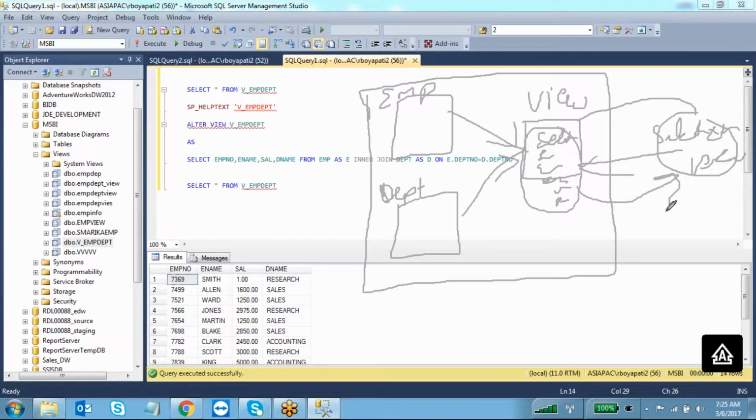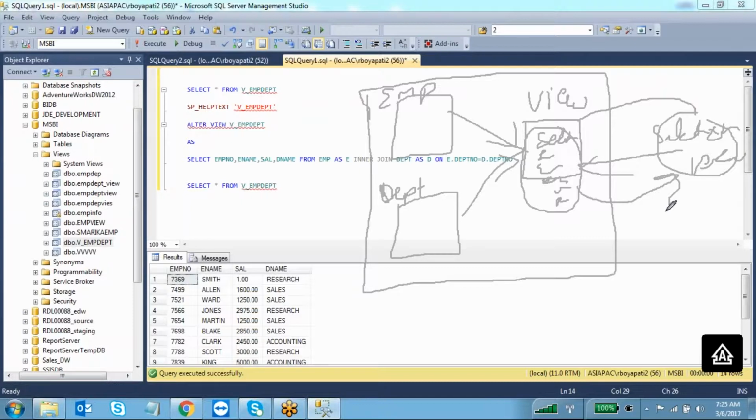If I write a delete command on this view, or if I write an update command on this view, where will it change? The view is not storing any data, so where is it going to update that record?